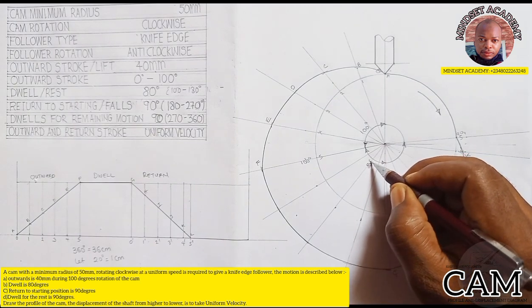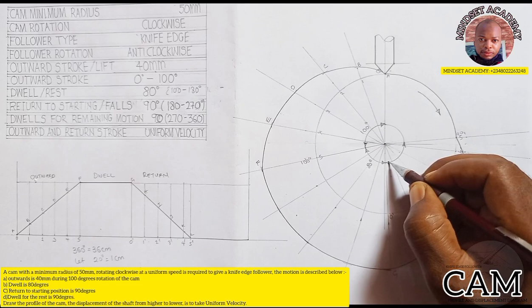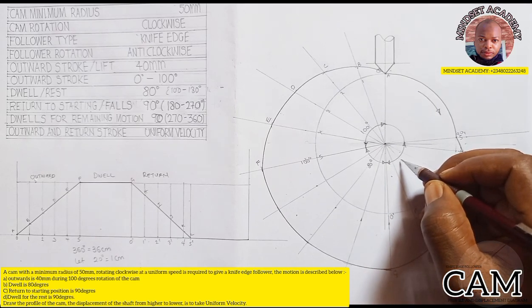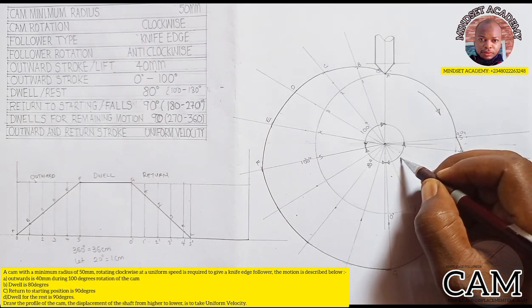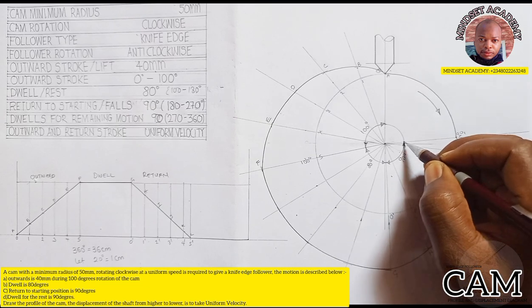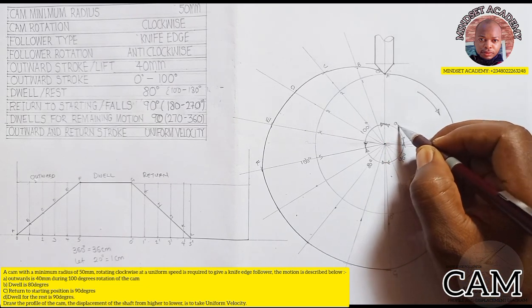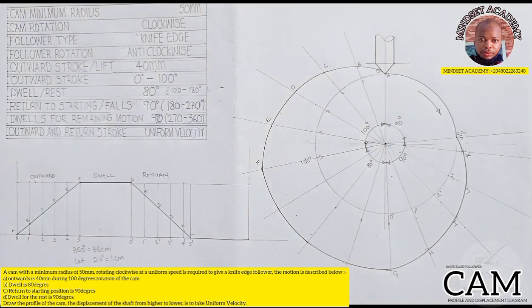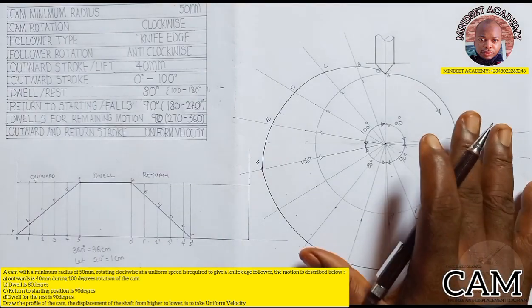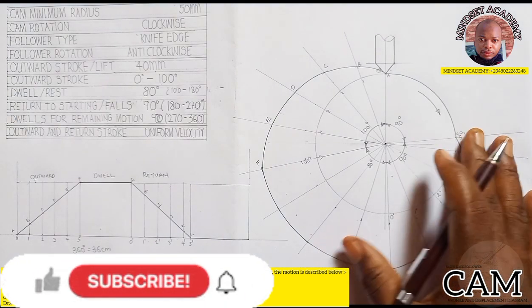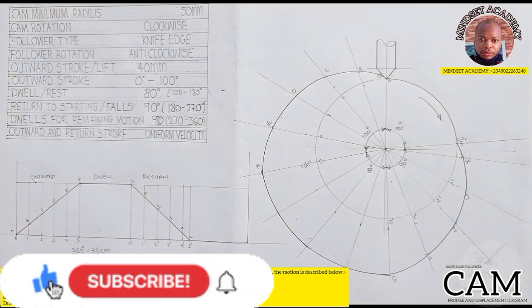Is 80 degree. Then from here to here is given to be what? 90 degree. Then from here to here is the remaining what? 90 degree. So this is what it looks like. So cam displacement diagram, right? And